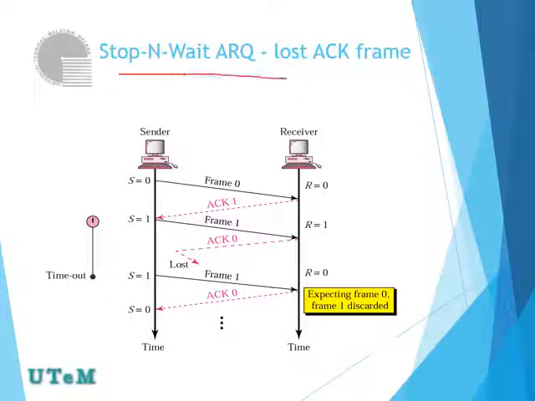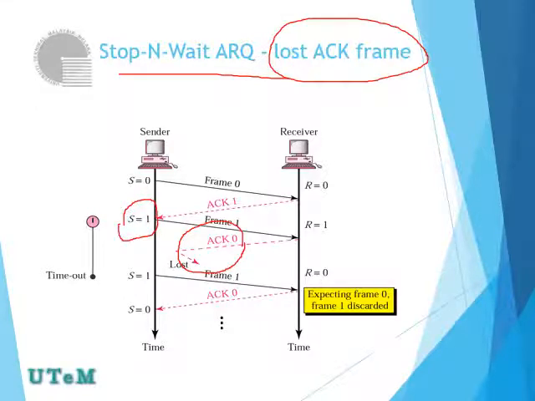Okay, the next situation is the lost ACK frame. This means that the frame sent by the sender is received by the receiver, but when the receiver replies with ACK, that ACK frame is lost in the middle of the transmission process. Okay, the same period of time will be used by the sender to take further action. Here, when the receiver requests frame 1 over here,